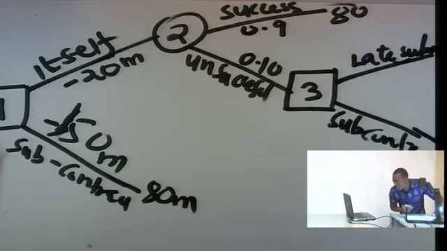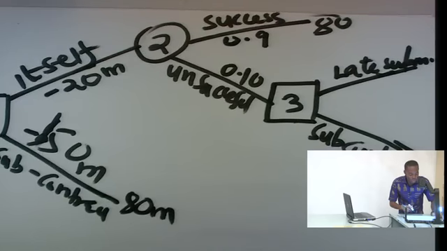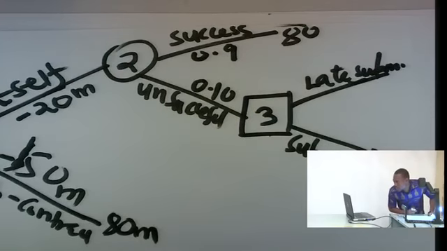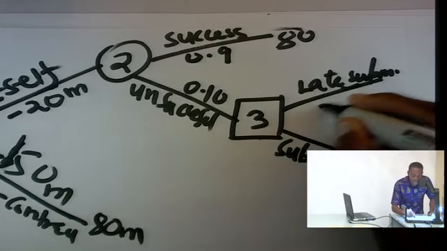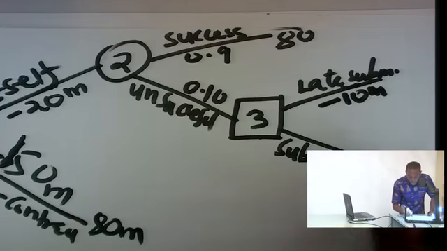Okay, so if we take a late rejection, it means we didn't get it successful the first time, so we try to redo it again, and we will probably not meet the deadline. So the late rejection would come at a further cost. It means we'll have to buy some new materials and redo it. So we would incur some further cost of 10 million. Or we could decide to subcontract it to the local contractor on the same terms as before. If you're subcontracting to the subcontractor, what do